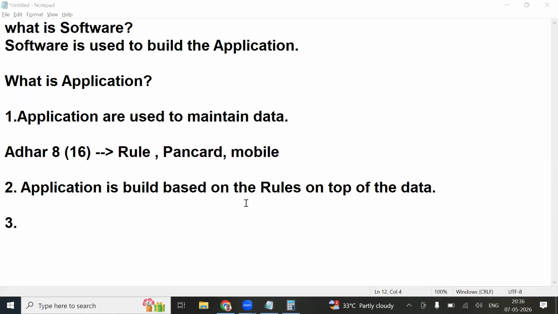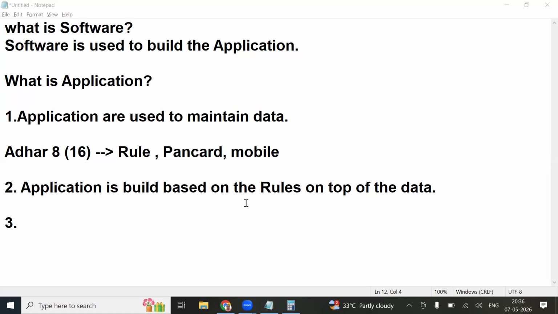That is the second point. Now coming to insurance. You are creating insurance for your family members. Will the data of family members and the expiry date of the insurance be maintained by the insurance company? Yes, they will maintain it.